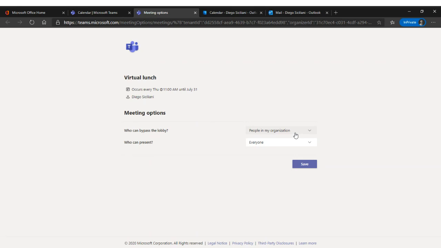So right now, you just really have two options. One is setting up a lobby. By default, the lobby won't be set up internally, I should say. But by default, a lobby would be set up for people that are external. So let's say that you want to have everyone bypass the lobby, just click that and no lobby will be set up, right? Now, if you want to have a lobby set up for all external participants,